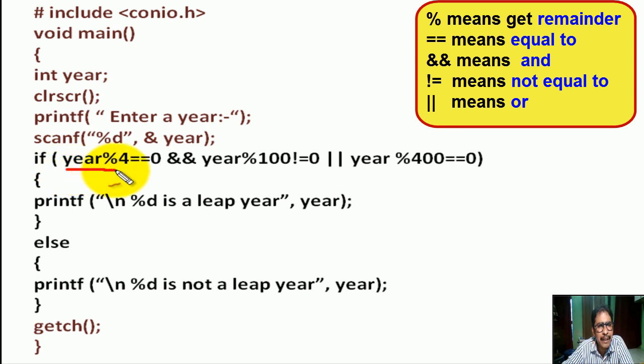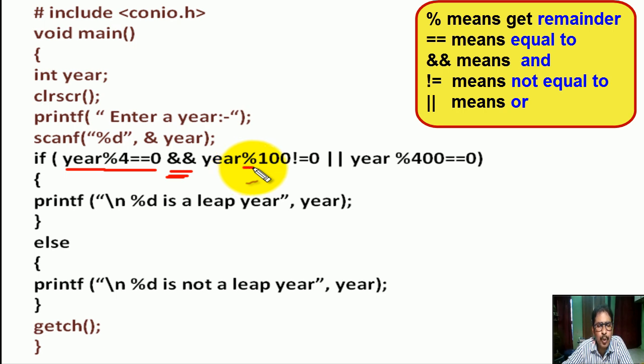So year divisible by 4, remainder equal to 0, and this is the logical operator, meaning logical AND. Year % 100, that means we find remainder.